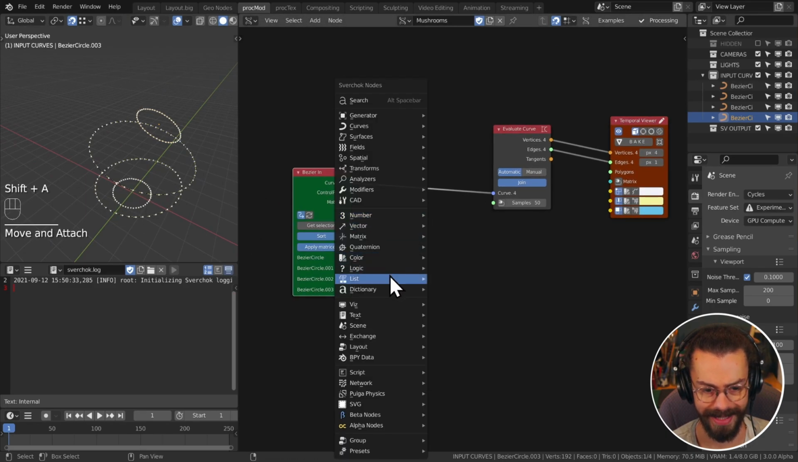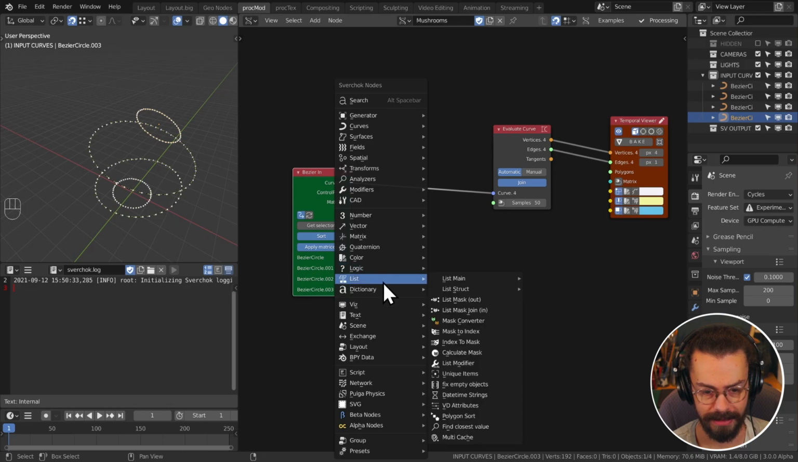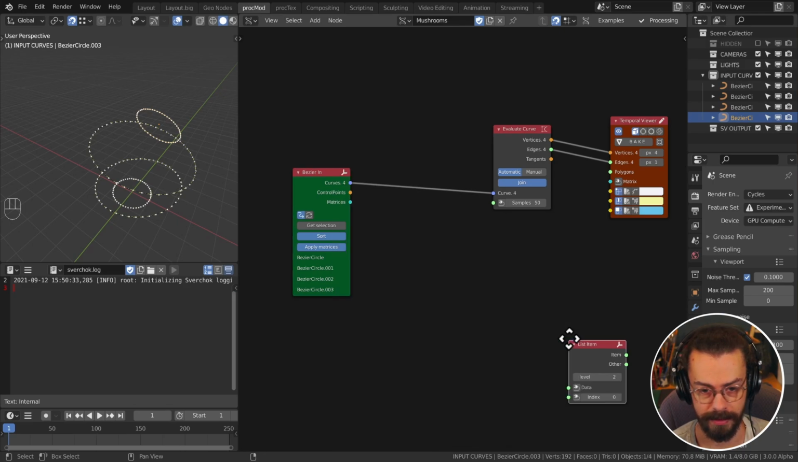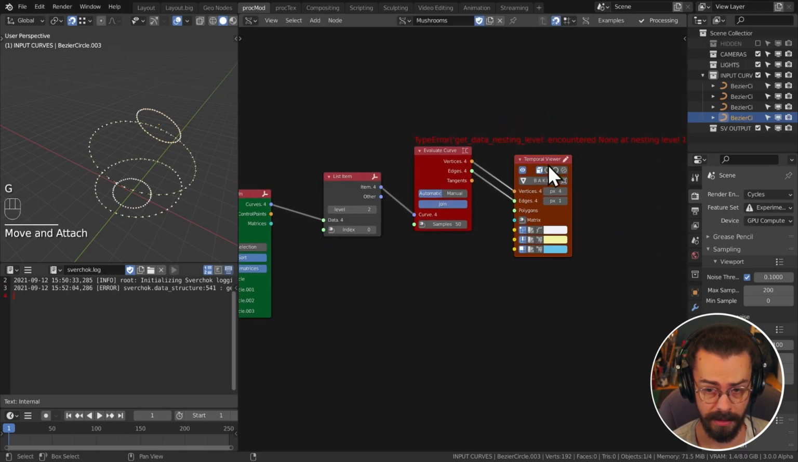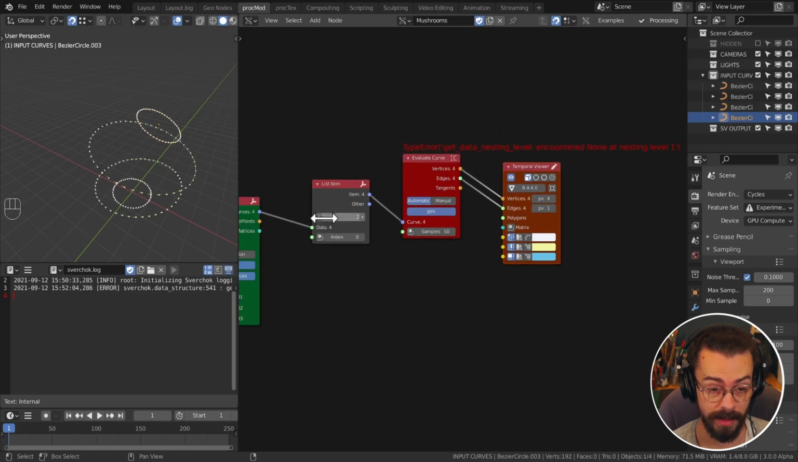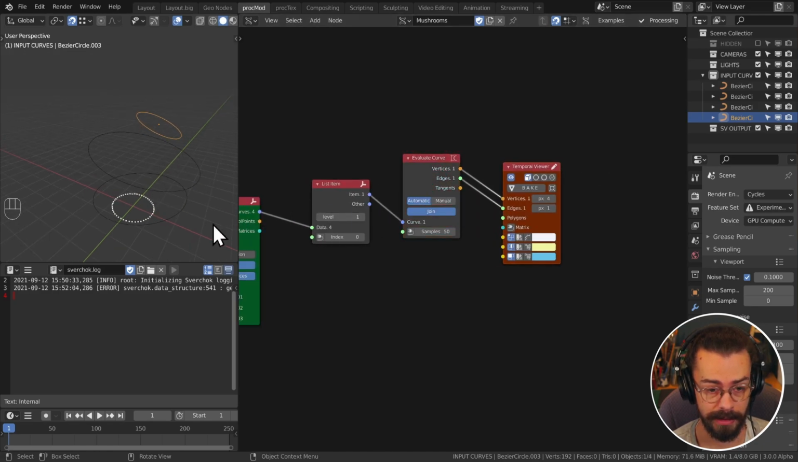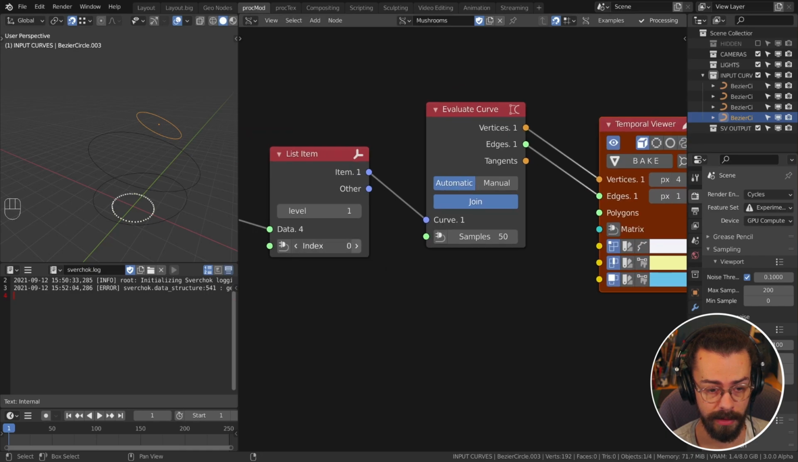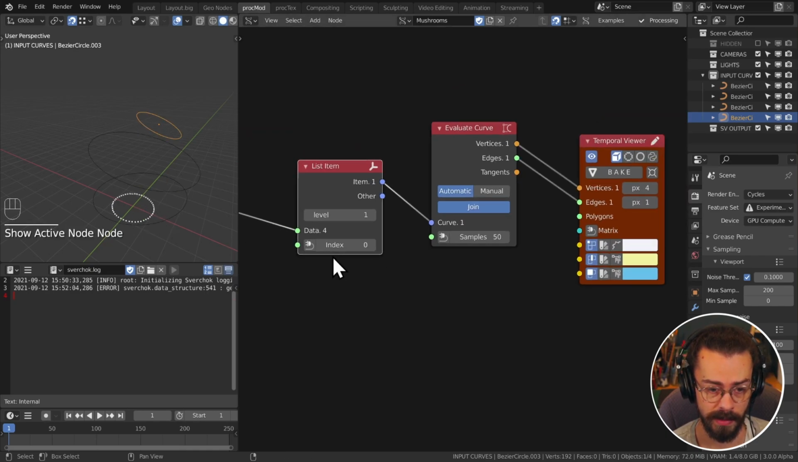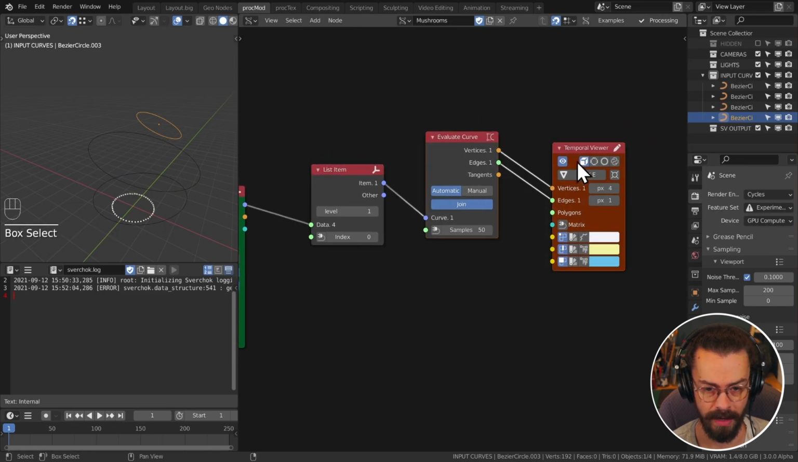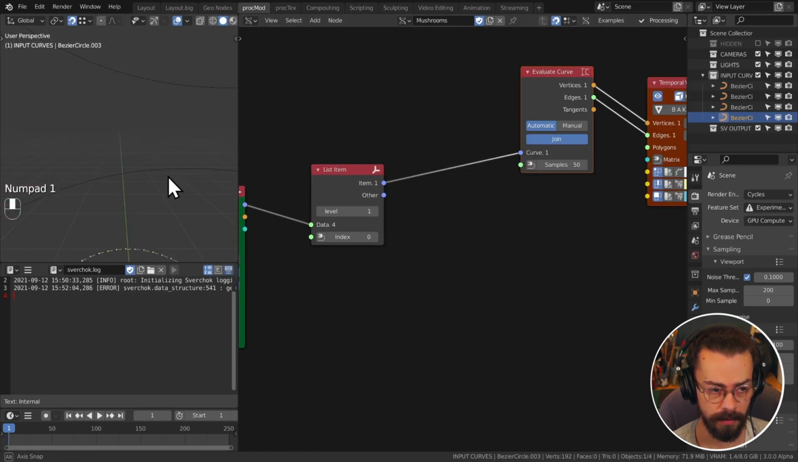So I'm going to grab a list structure list item. This is going to error saying that there's no data. So let's change this to level 1. And now we can see that we have a picker for our items. We're interested in the base one, so let's just leave this as 0. And this is the curve that we're going to be using for our